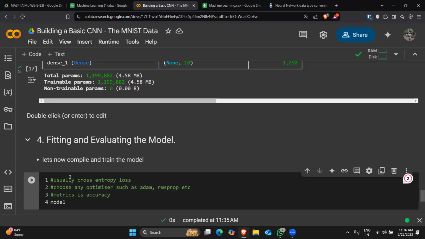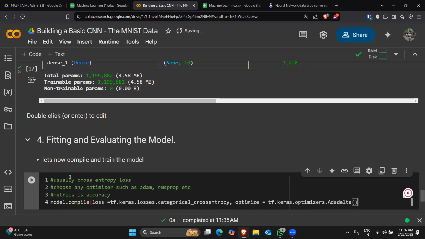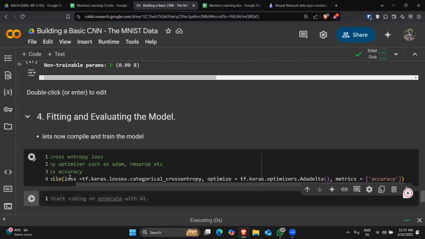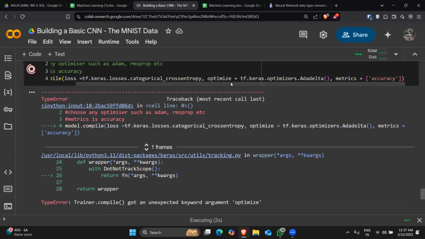Because it's a classification, we should use an accuracy metric. So loss is equal to tf.keras.losses.categorical_crossentropy, optimizer is equal to tf.keras.optimizers.Adadelta open and close bracket, metrics is equal to accuracy, and close this. Optimizer,